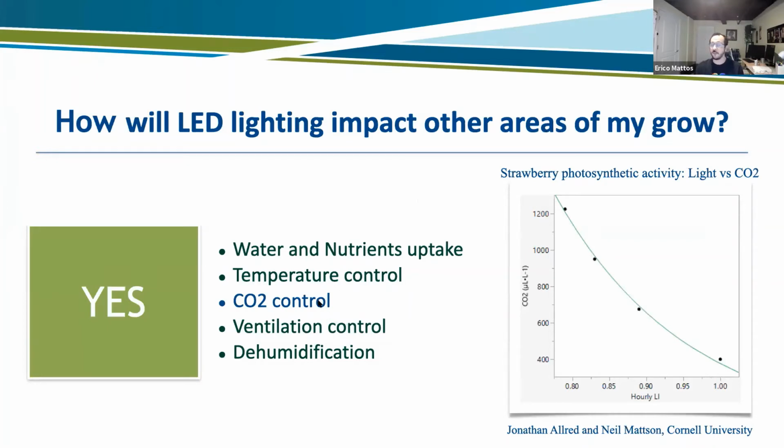If you change now the CO2, if you're enriching your CO2 in the room, you have to be careful how you're going to control your ventilation. You don't want to increase the concentration of CO2, and then just activate your ventilation and blow all the CO2 away. When you take into consideration all those factors here, you can think about dehumidification, how you maintain the right VPD levels in your room. So then you don't get disease, you can have the correct amount of transpiration and nutrient movement into the plant.